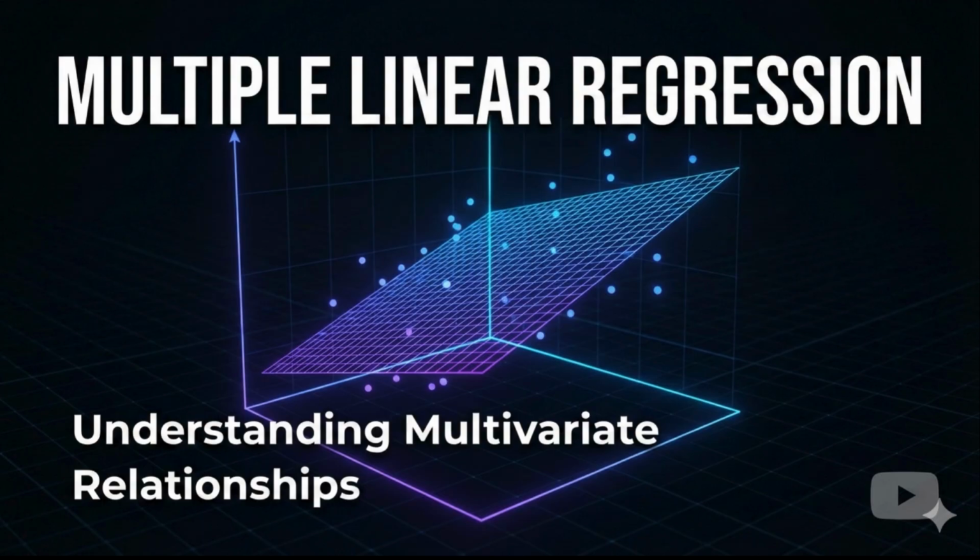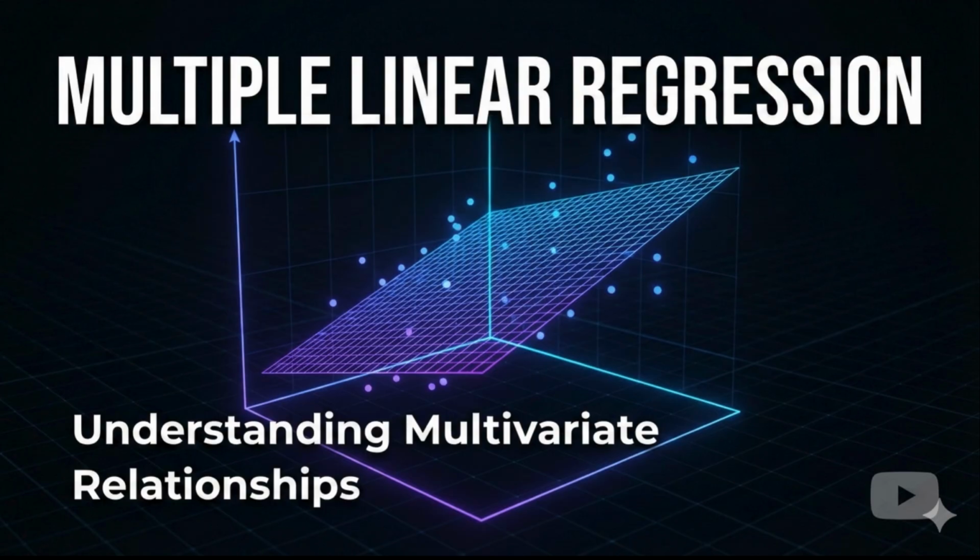Ultimately, the best way to prevent overfitting is to test your model on data it has never seen before, a holdout set. And finally, a quick warning about pushing the model too far. The extrapolation warning. Your model only understands the world based on the data you gave it. If your houses were all between 1 and 3,000 square feet, you can't use that model to predict the price of a 5,000 square foot mansion.